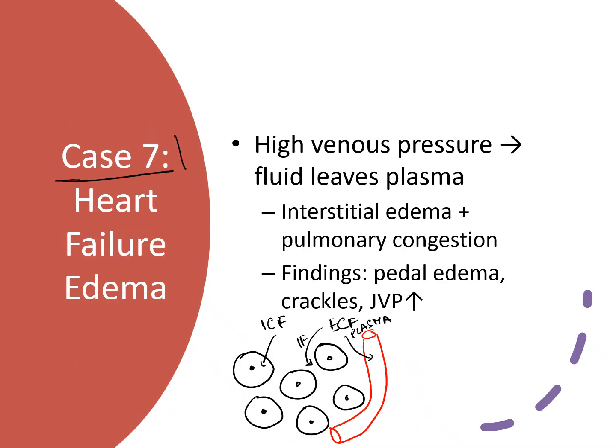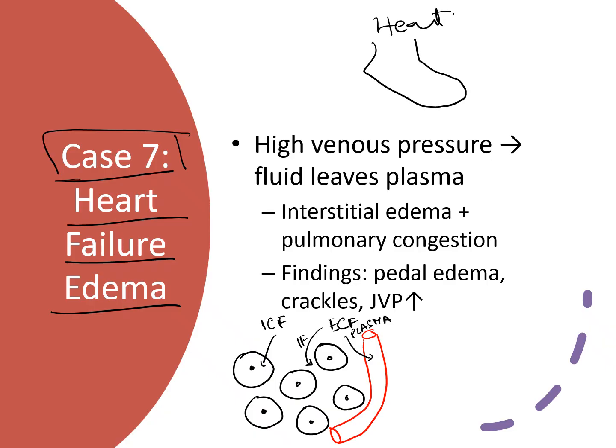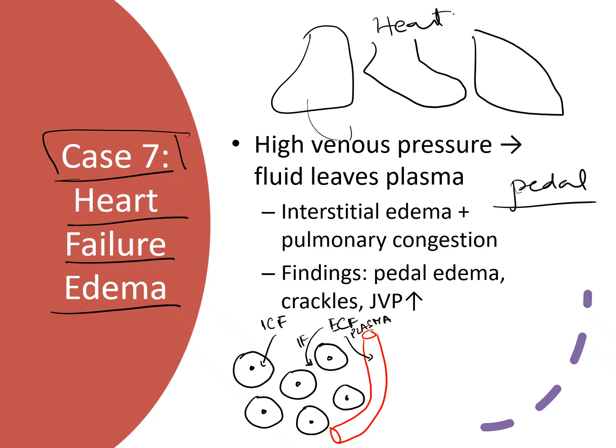Okay, our next case is if someone has congestive heart failure. Let's say someone's heart is not pumping properly. That will result in backing up of fluid, which will actually go towards the lung. So your lung will fill with fluid, and if the heart failure is severe, it can actually go back into the abdomen or into the legs. That will result in pedal edema. So leg swelling can happen. These patients can have lung edema, interstitial edema, pulmonary congestion. They can have pulmonary edema,